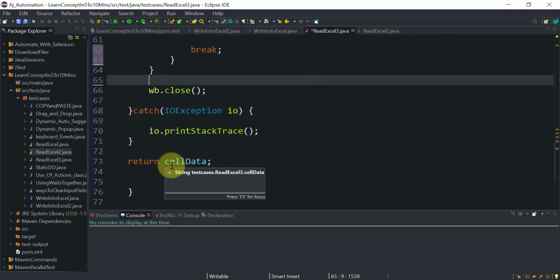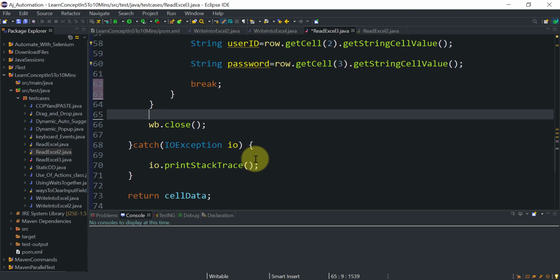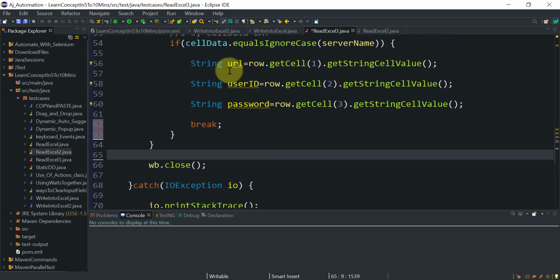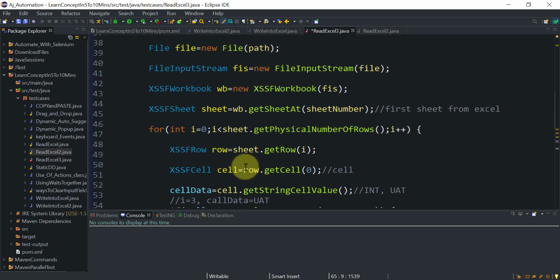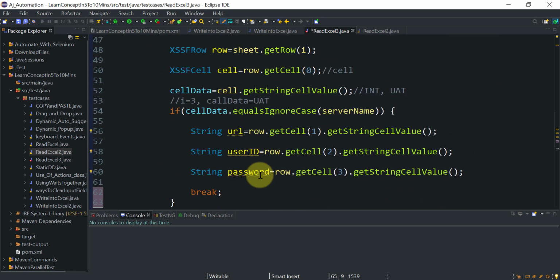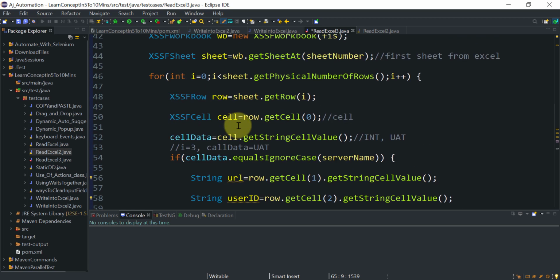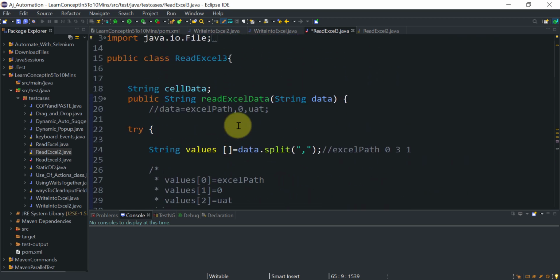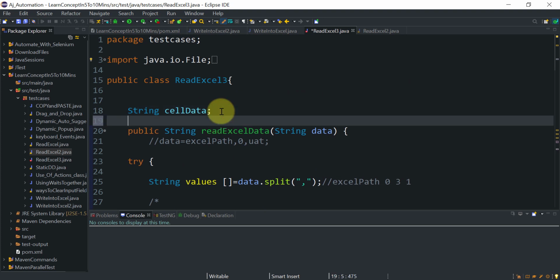In the previous session we were returning our cell data, so this time we need to return these three values. What we can do is create an array list, add all these three values into that array list, and return that array list to the calling method. So for that purpose, let me create an array list variable.